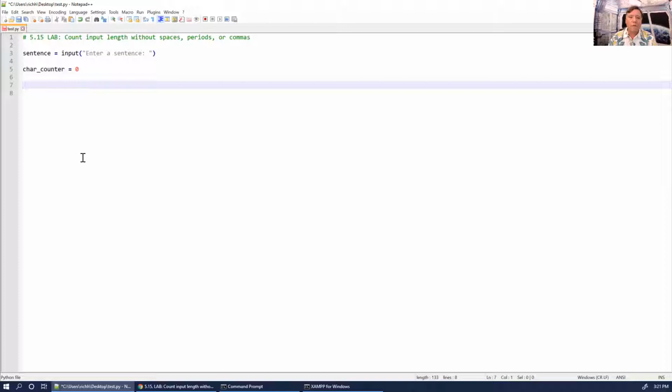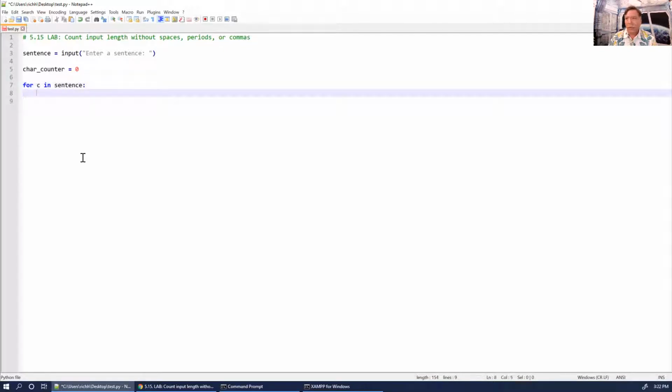And then I want to loop through all of the characters. So I would do a for loop: for c in sentence, for a character in sentence. Start the loop, indent once, and this is inside the loop. If the character is not equal to a space, and the character is not equal to a period, and the character is not equal to,